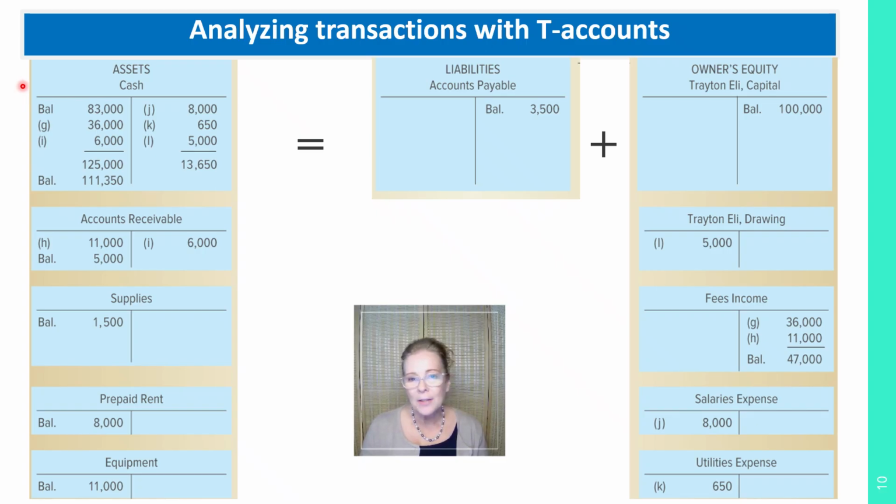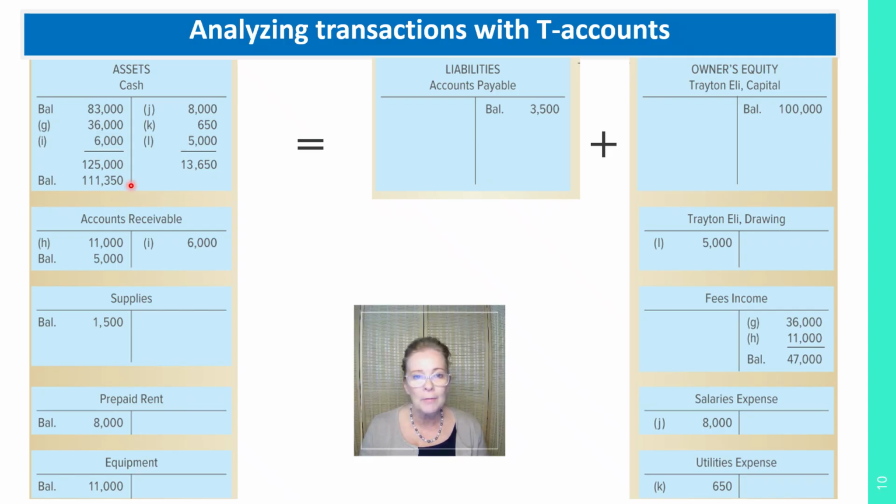Now that we entered the last transaction into the T accounts, we can sort the T accounts into assets, liabilities, and owner's equity categories. The next step is to calculate the total for each column of the T accounts and calculate the balance. Calculating the total for each column is called footing. For the cash account, we have total debits of $125,000 and total credits of $13,650